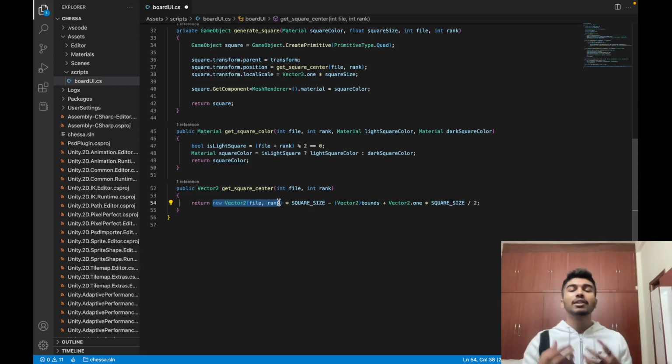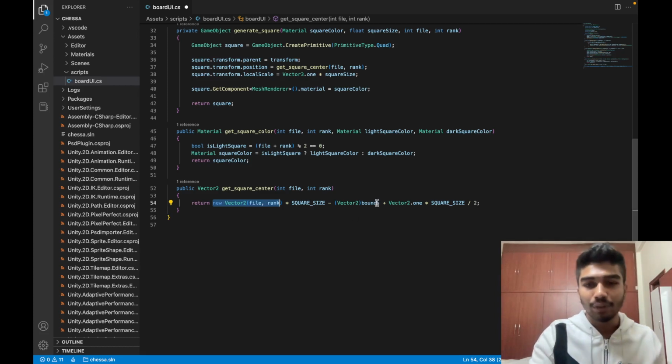We are multiplying it by the square size because, imagine we have a grid of say 10 squares, and we want to locate the position of the center of, let's say, the sixth square on the x-axis and the second square on the y-axis, so 6 comma 2. That is going to be 6 comma 2 multiplied by the size of each square. Ignore the bounds